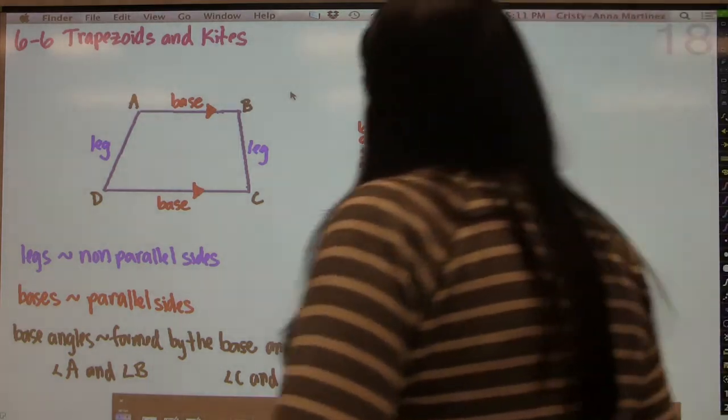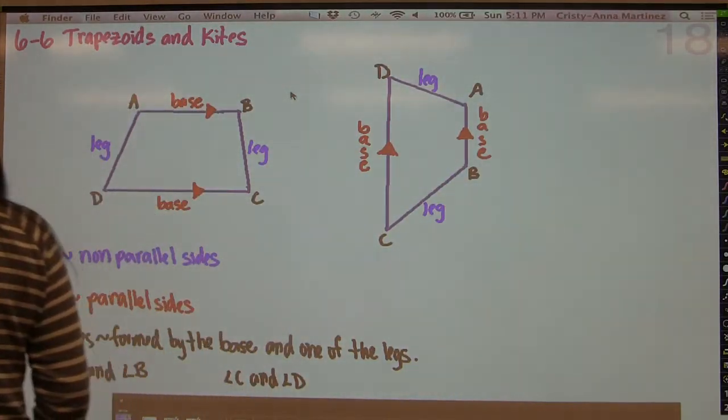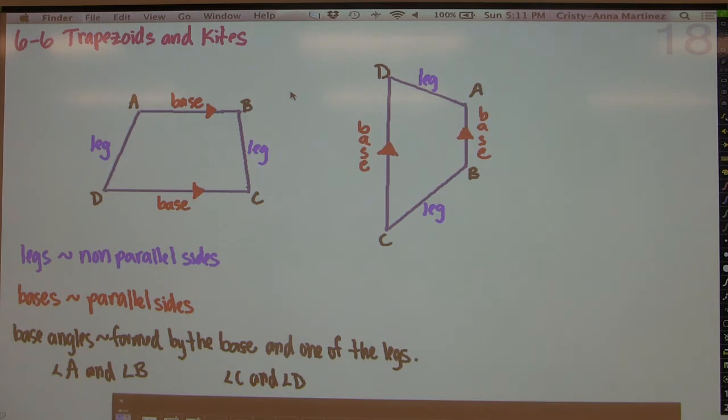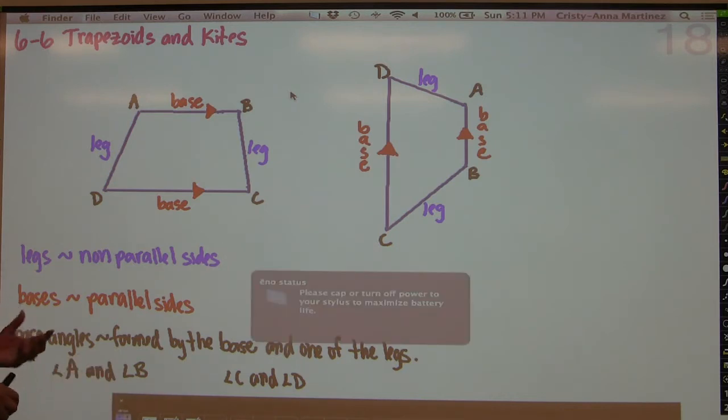We have mentioned previously when we talked about quadrilaterals a few sections ago that in the case of trapezoids you have only one pair of parallel sides. In the case of kites, you have no pairs of parallel sides, and we'll get to that later on in the lesson. So first and foremost, I wanted to give you some anatomy of trapezoids,